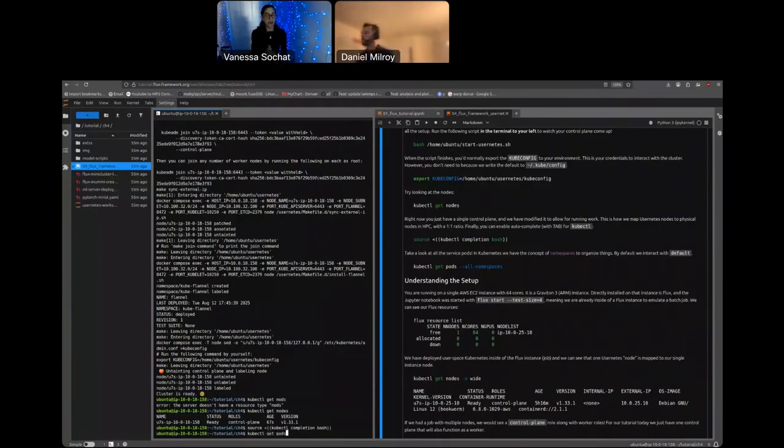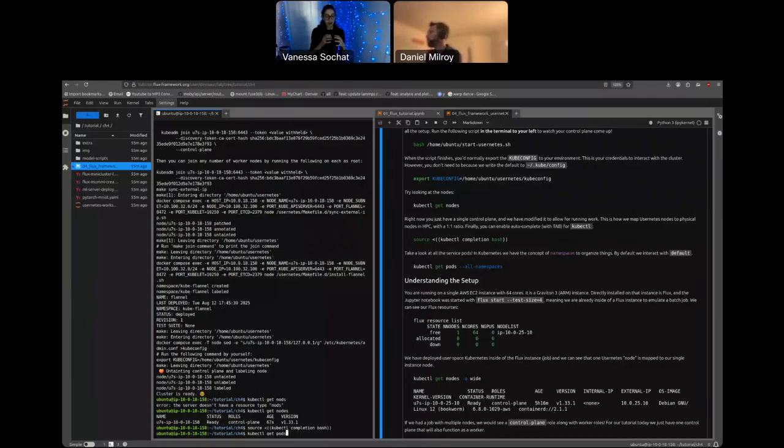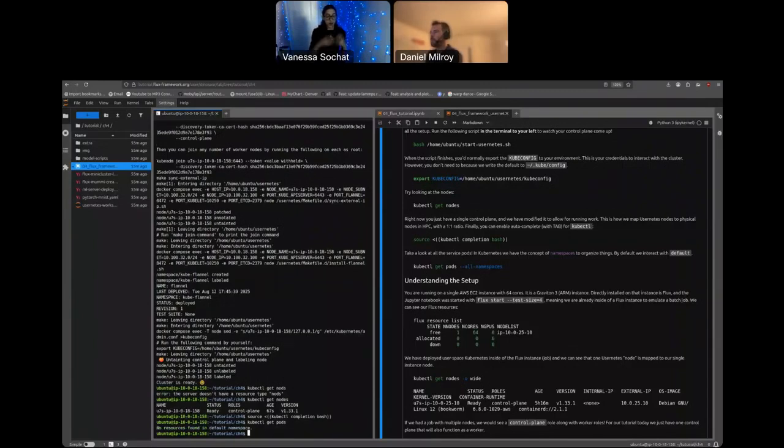To step back, Kubernetes has the concept of namespaces. You will tend to create different applications in different namespaces. For example, the kube-system namespace is where you have a lot of services. The default namespace is the one that you use by default. So when we just bring up a cluster and we get pods, this is showing us the default namespace. There are no resources there. But if you do all namespaces,